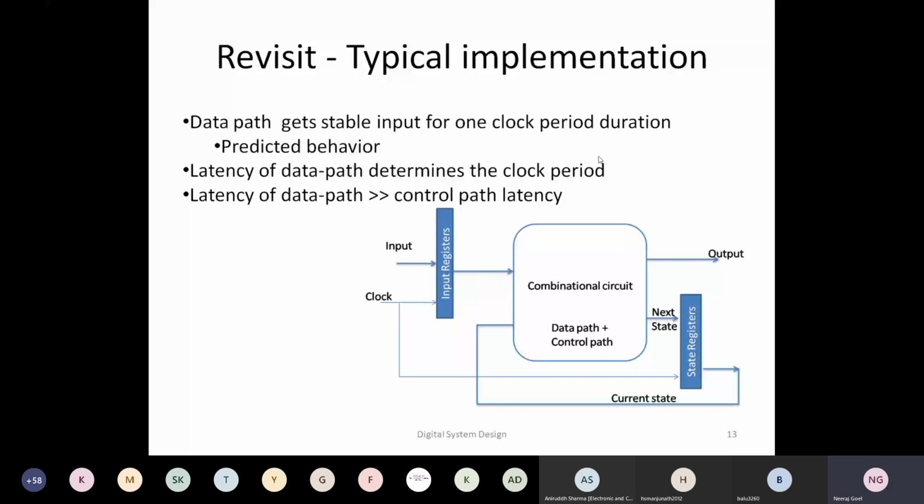I'm using this phrase multiple times, making the output stable or making the next state stable. What does it mean? We have done this experiment of the n-bit ripple carry adder, and the 4-bit ripple carry adder. We have seen that for the basic delay of each gate, we gave only 1 unit of time. A 2-input gate was given only 1 unit of delay. But in some particular input combinations, delay came out to be 5 units of time. In some cases, it came out 7 units of time. In some cases, it came out as 9 units of time.